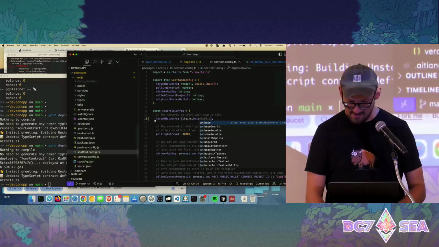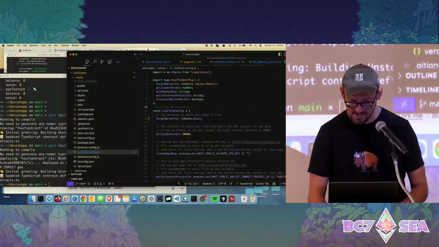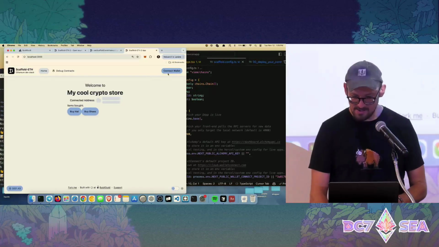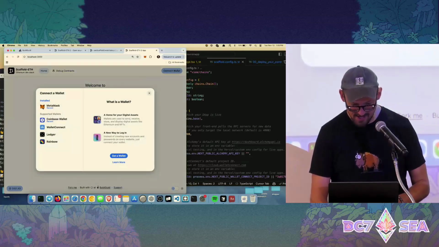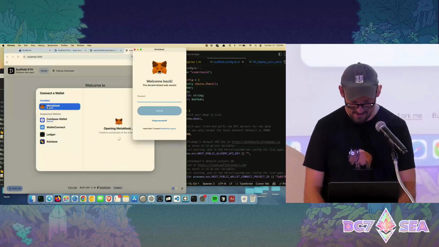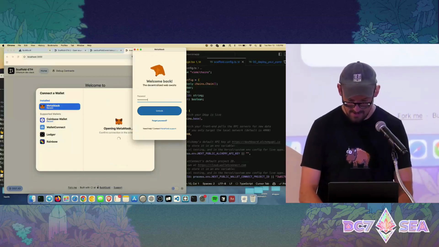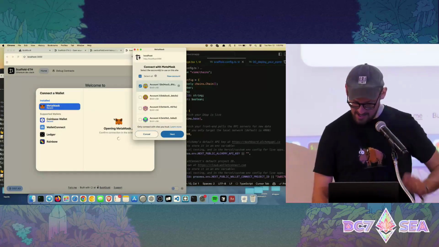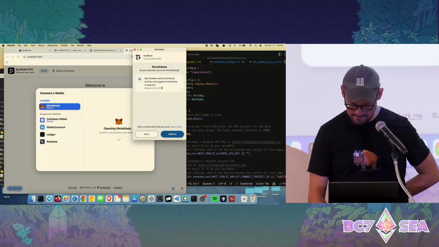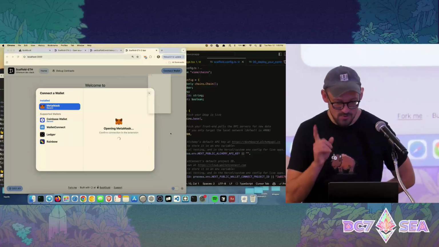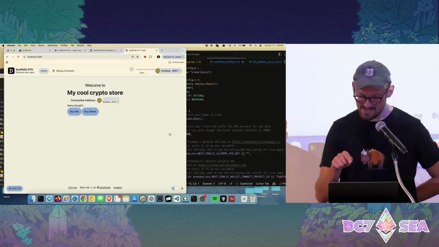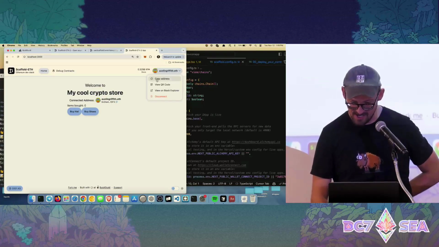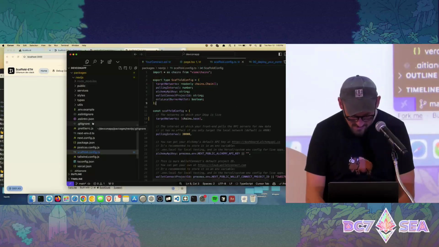And if I hit save, now come look at our app. You'll notice that the burner wallet went away, and now we have to connect, and we'll use MetaMask. Okay, and I'll connect that. Ooh, I'm not the owner though. We should redeploy this with my MetaMask as the owner so I can withdraw the money. I'm going to do that. So over in my deploy